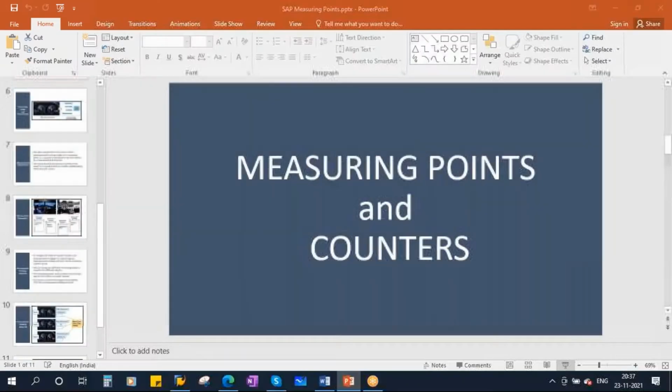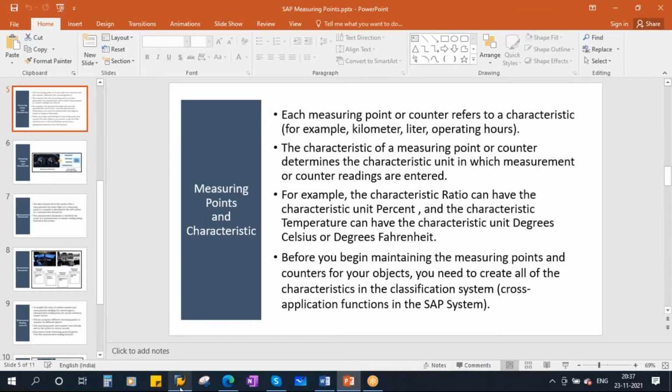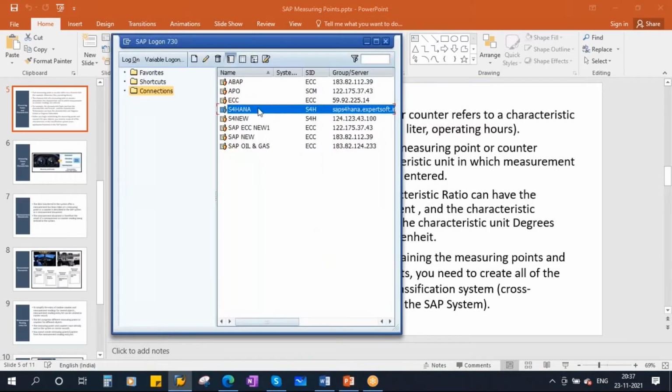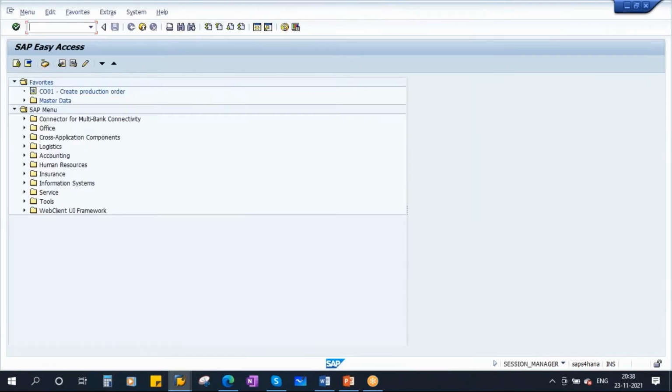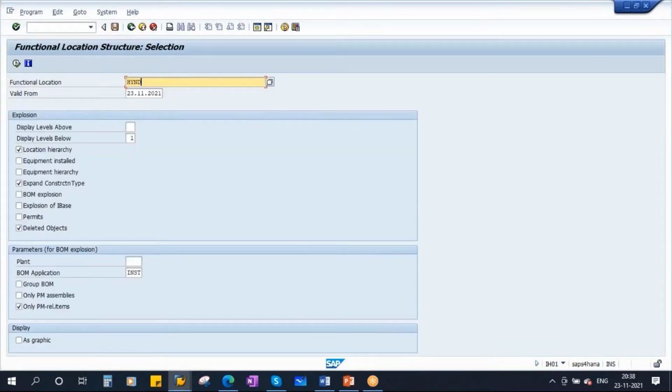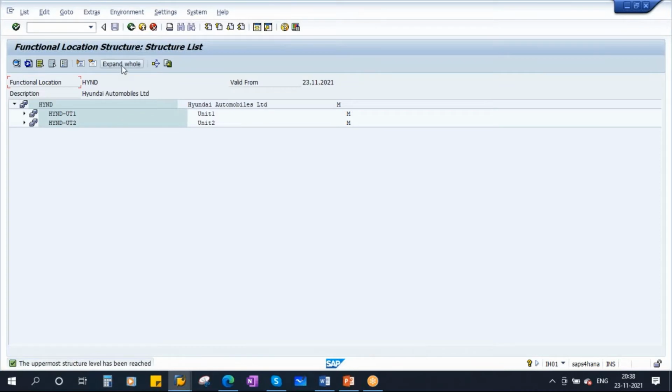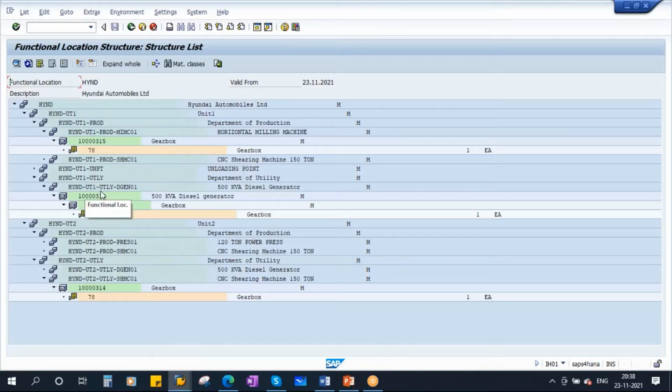Now let's create the measuring points. We already have a structure. Let me go to our structure first. We created a structure. So for this 500 kVA diesel generator, I will create some measuring points and counters.